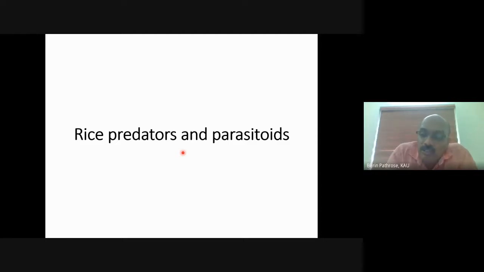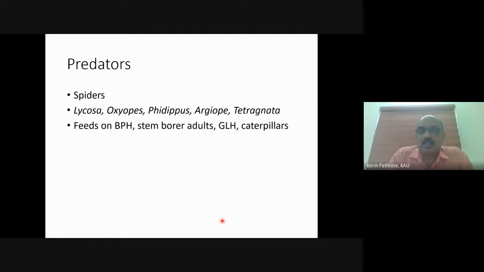I am just going through a few pictures. This is just for you to have an understanding of the diversity of predators and parasitoids which we normally encounter in a paddy field. Because farmers don't usually recognize this, and they are unable to differentiate between the natural enemies and the insect pests. So it is our duty to help the farmers to identify the natural enemies that are beneficial to us. These are a few pictures which I have taken and which I have taken from the IRRI website and all. I will show a few.